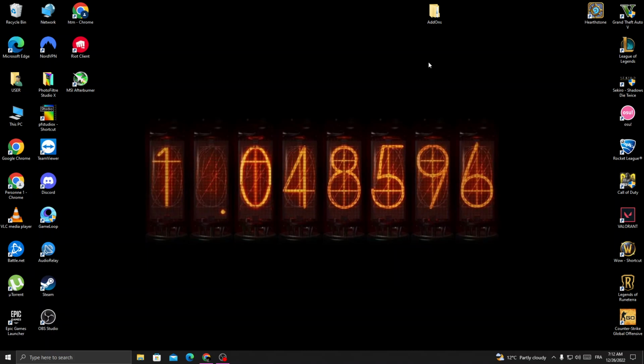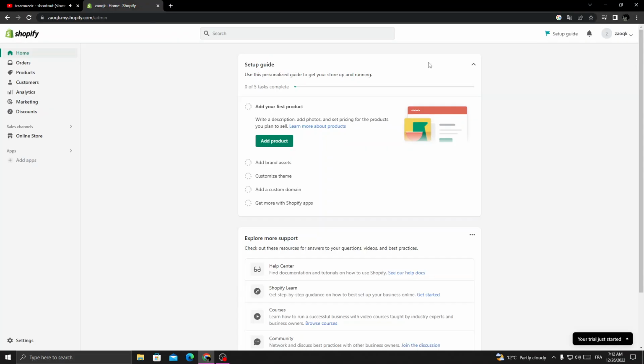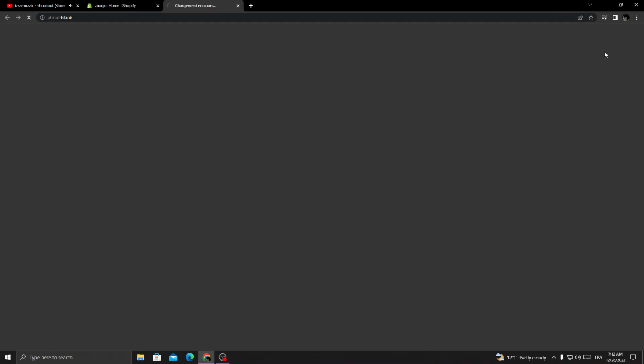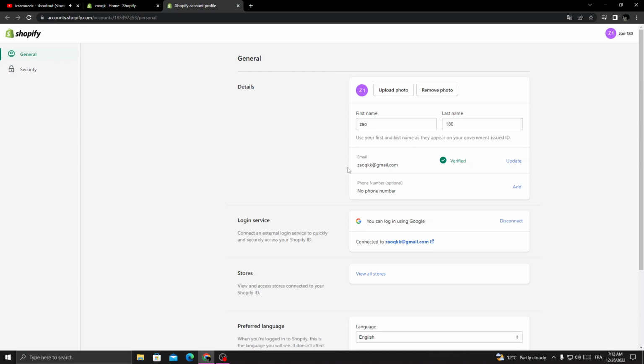First, open your browser, and now once you're here, all you need to do is click on your profile here in the top corner, and then click Manage account, and here we'll find a phone number. Then click Add,